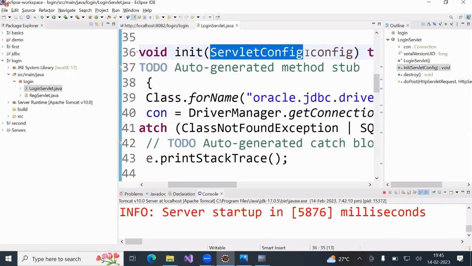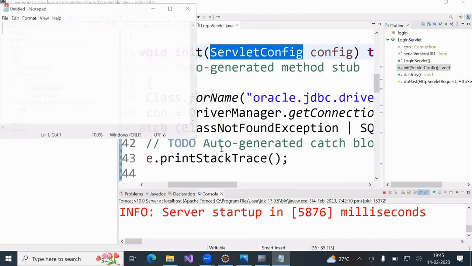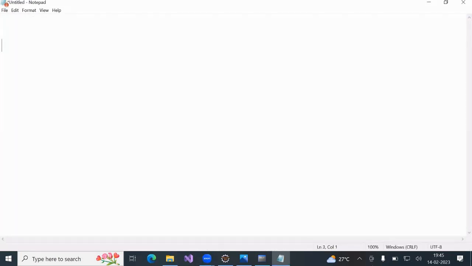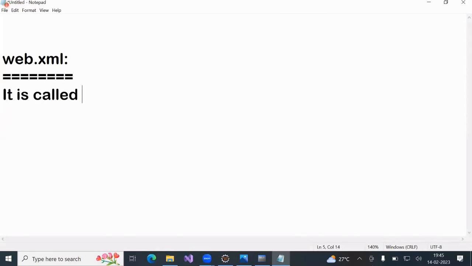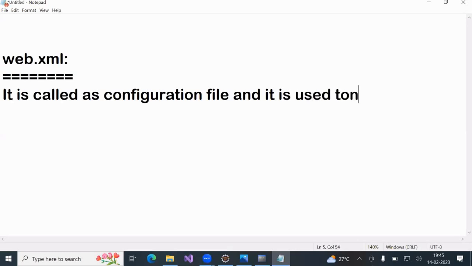Till now we didn't use config. Now I'm going to use config. Okay. Now, first of all, about web.xml, write it web.xml. Note down. It is called as configuration file, and it is used to configure